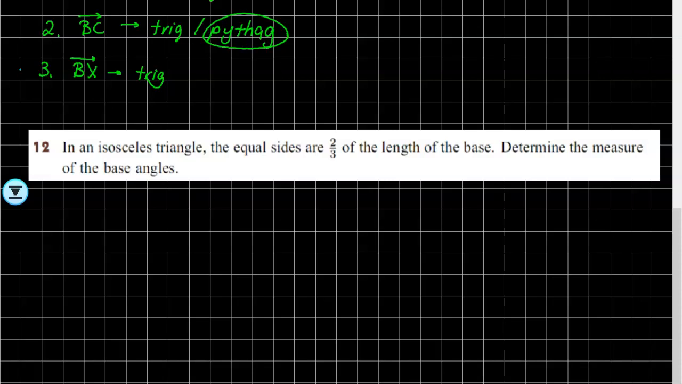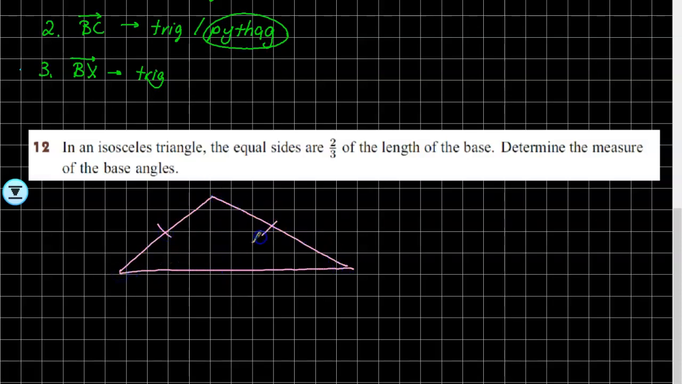A bit of a tip on how to approach these. In an isosceles triangle, the equal sides are 2/3 the length of the base. Determine the measure of the base angles. In an isosceles triangle, the equal sides are 2/3 the length of the base. So